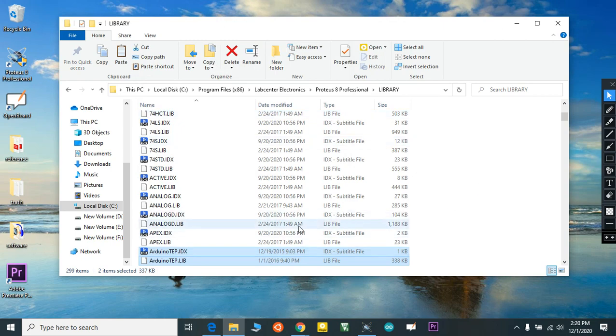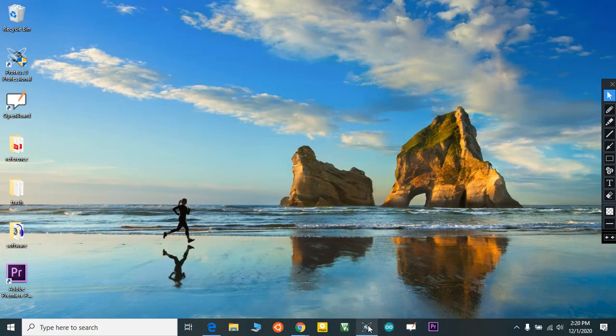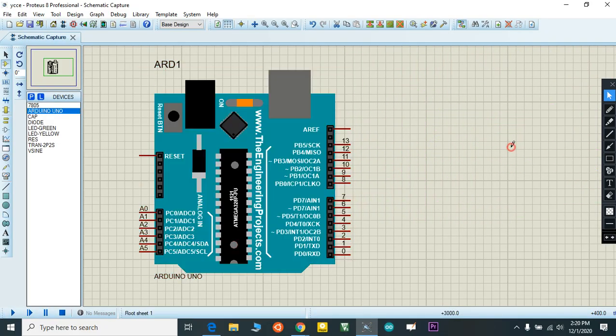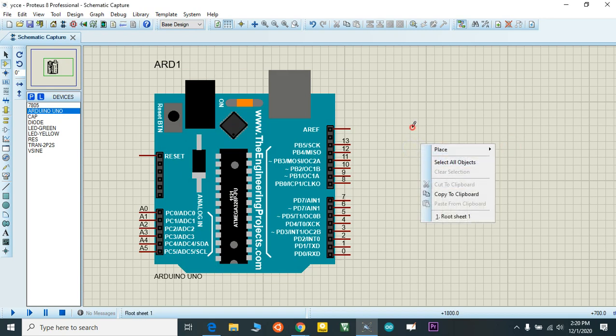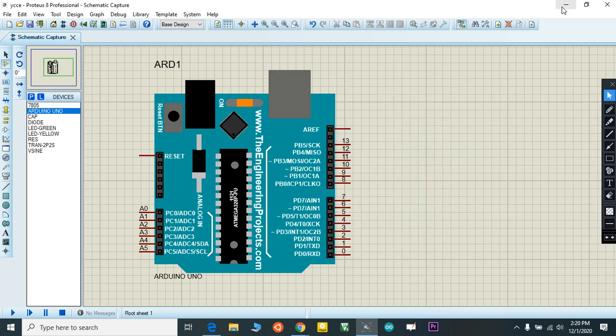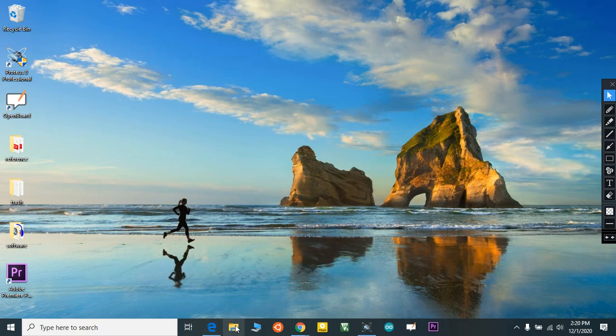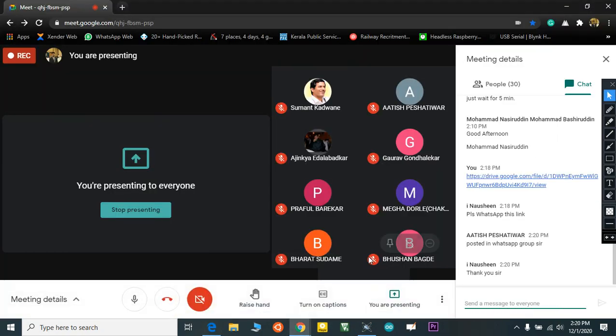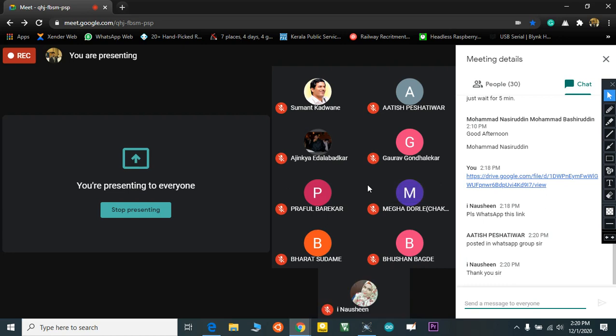Okay, I added my library the same way. This is how we add the Arduino library.